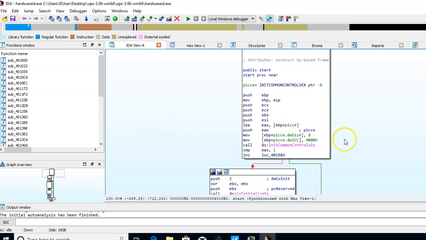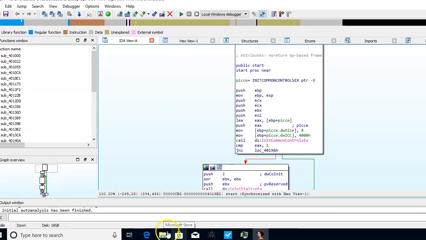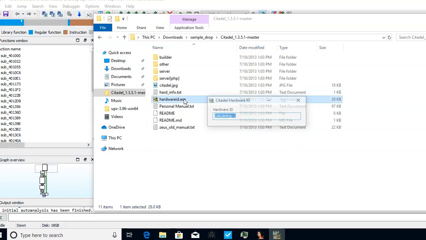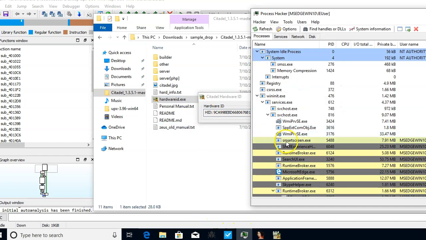So from the get-go, we can see InitCommonControls. I don't think that's too confusing, because when we launch this, we get a load of controls. We've got a text area. We've got some labels there. You can see that. I think even if we went into